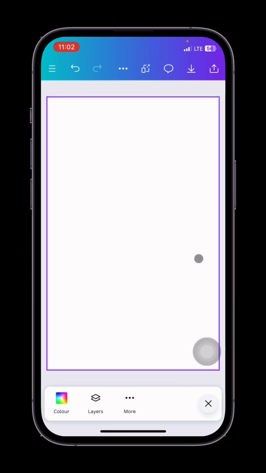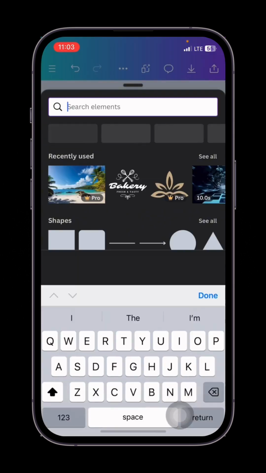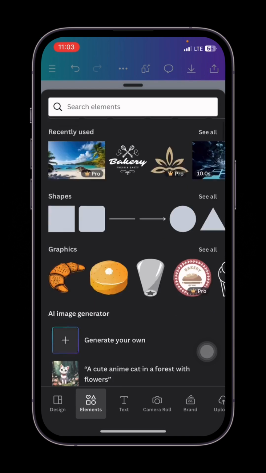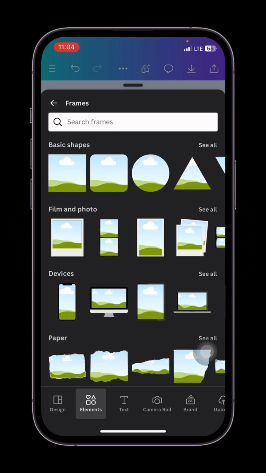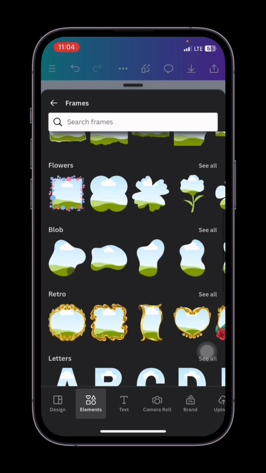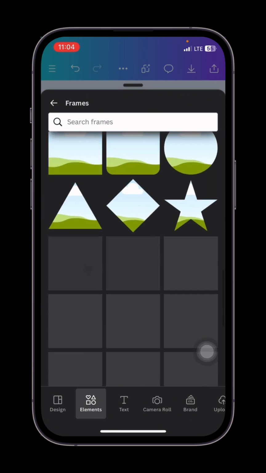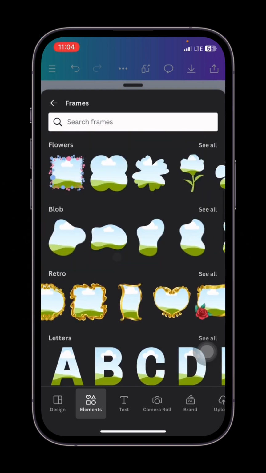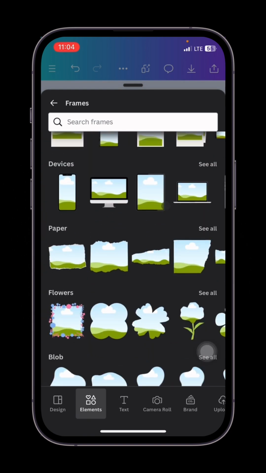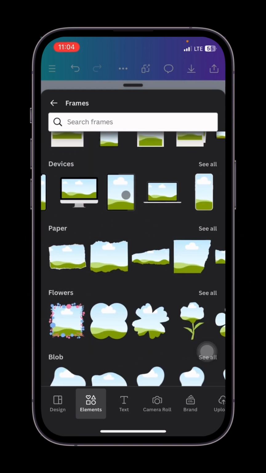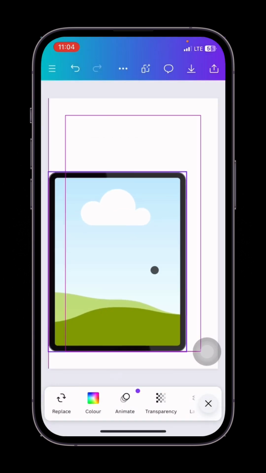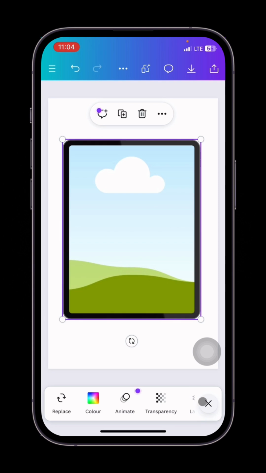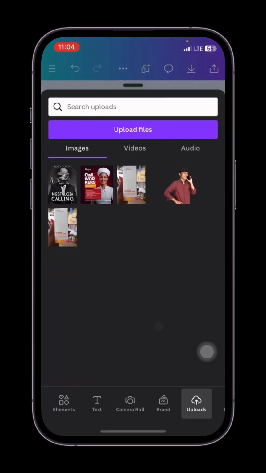Then the second way to do it is to go to frames. When you go to frames, you can see quite a number of frames here. Basic shapes, paper, flower, retro, alphabet, numbers, and quite a number of shapes here as well. And you can even see devices. If the book is like an ebook, you can just click on tab, extend it the way you want, then go to upload,